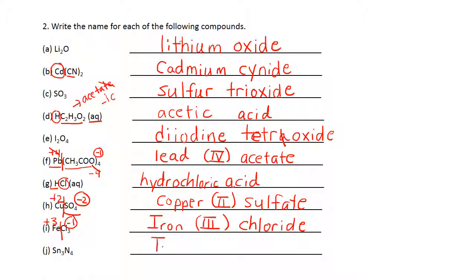Next one is going to be tin something. Again, tin is a transition metal, not one of the exceptions, and is nitride. Comes from nitrogen. So we know that nitrogen is going to be -3. And looks like you have 4 of those, so that's going to give you -12. Again, that means I need +12 on this side. But you have 3 tin, so that looks like you need +4 times 3 give you +12. So it looks like tin is Roman numeral 4.